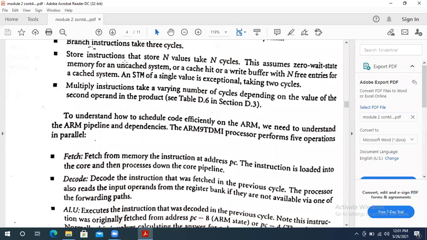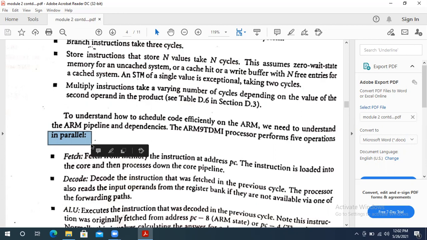Say if you're doing any scheduling for this R9, you have to do 5 operations here. Do the 5 operations in parallel. Parallel means, I think all of you know what parallel is. Parallel means we take the operations side by side. In serial, after one execution we go for the second, or after completion of the first one we go for the second. But in parallel it's not like that. We take all the operations side by side. That is called parallel here.